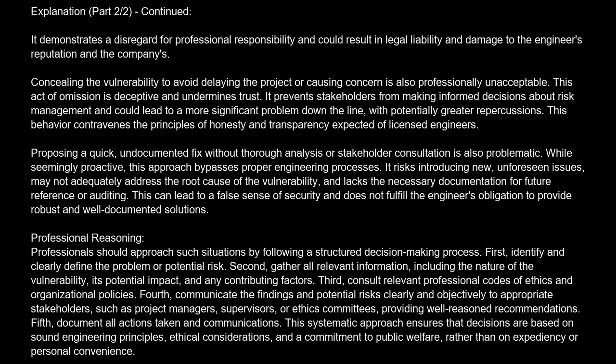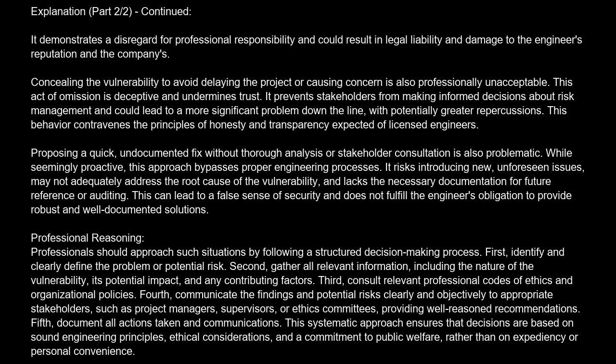Proposing a quick, undocumented fix without thorough analysis or stakeholder consultation is also problematic. While seemingly proactive, this approach bypasses proper engineering processes. It risks introducing new, unforeseen issues, may not adequately address the root cause of the vulnerability, and lacks the necessary documentation for future reference or auditing. This can lead to a false sense of security and does not fulfill the engineer's obligation to provide robust and